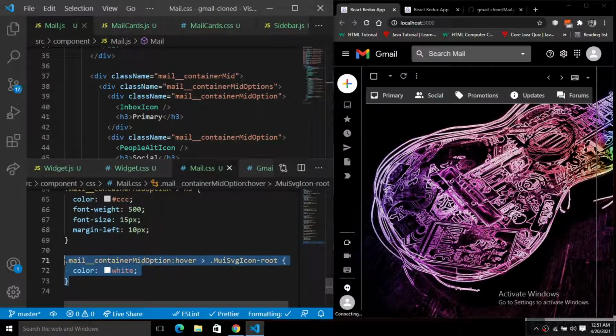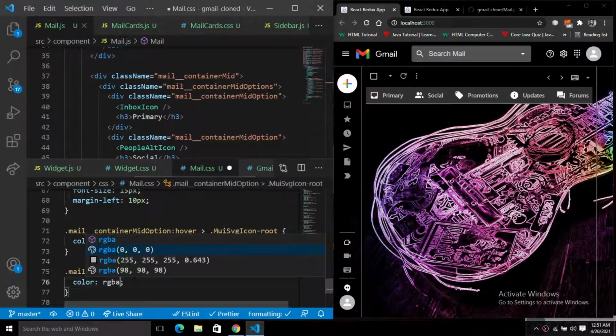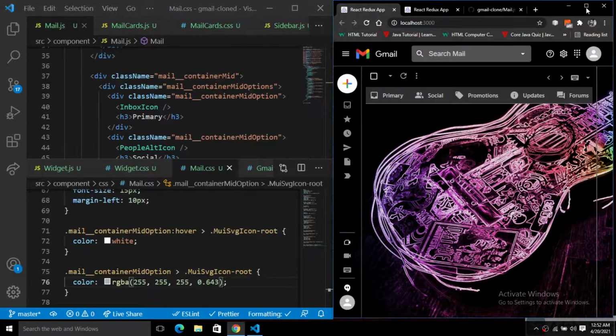Okay, so grab this one more time and just put it there, and just remove this hover from this. Okay, so we have this, and there we just change the color here. I'll just put RGBA, and this is the color that we will use here. Okay, so now let's save this. So here we have done this thing. When we hover on this, you can see the background and the color have changed. So this is the exact way we want these things to happen.